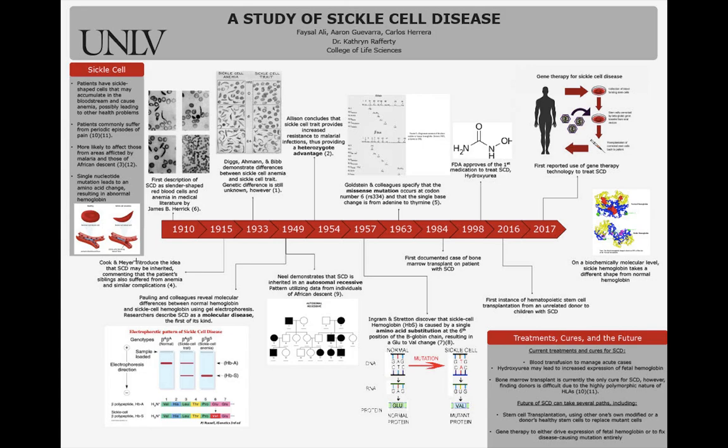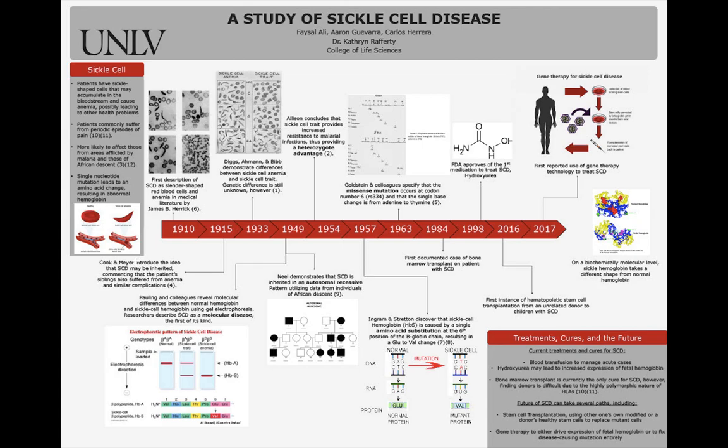In 1949, University of Michigan researcher James B. Neal published an article in which he demonstrated that the inheritance pattern of the disorder was autosomal recessive, meaning that an individual must inherit two copies of a mutated allele, one from each parent, in order for the disorder to be manifested by the individual. Neal came to this conclusion by utilizing the data obtained from individuals of African descent. That same year,